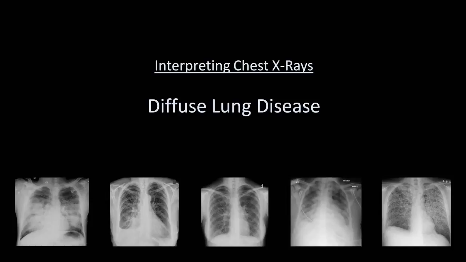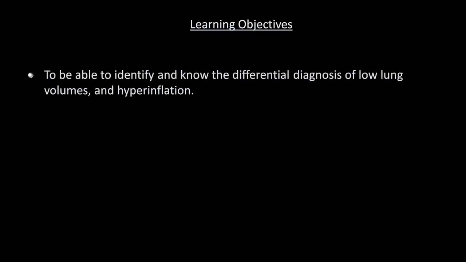This is the 7th video in this series on interpreting chest x-rays, and the topic is diffuse lung disease. The learning objectives are, first, to be able to identify and know the differential diagnosis of low lung volumes and